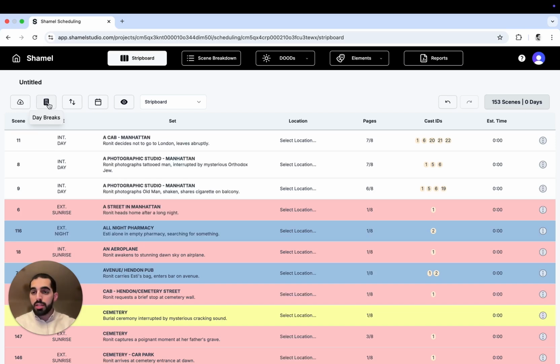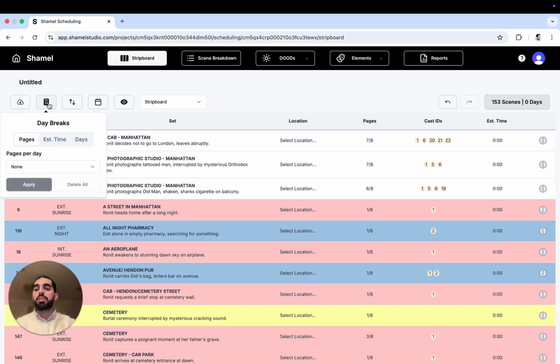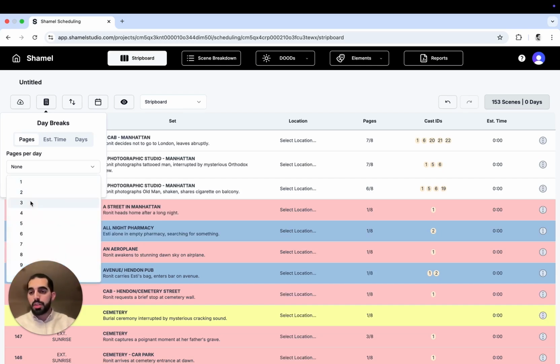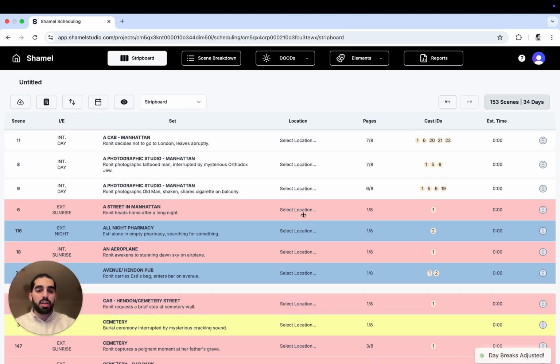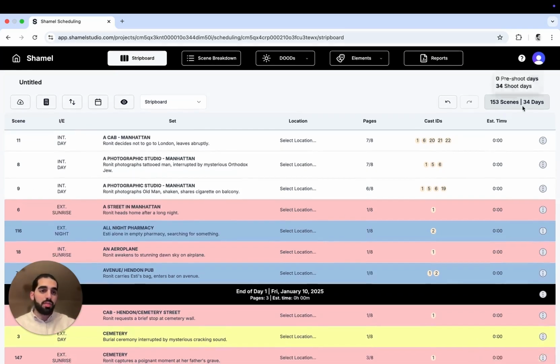Another tool as well is day breaks. And we have three different ways of generating your automatic day breaks. The first one, let's say I want to shoot 3 pages per day. I can just choose that and hit apply. And then it would tell me that this script would need 34 days